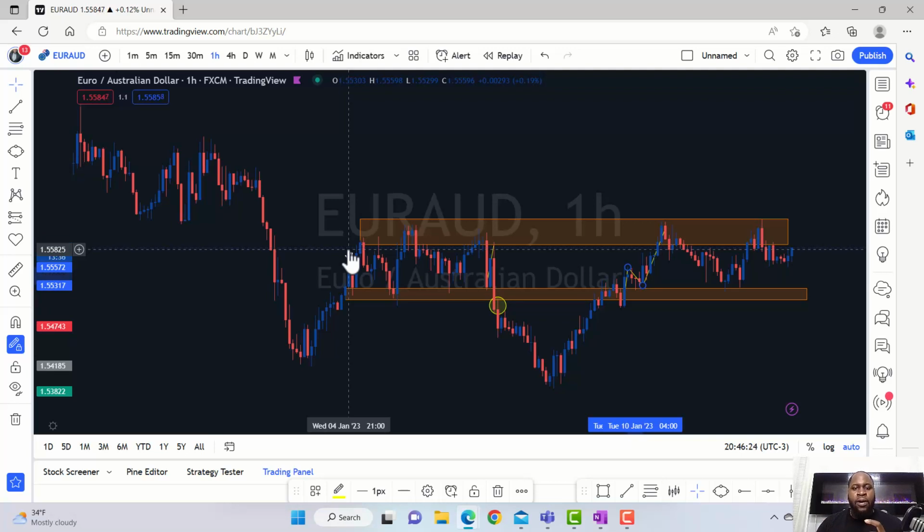Now, depending on how you want to trade and how you want to use your confirmations, is the retest going to be a couple candlesticks, or is the retest going to be just a single touch, a single opposite candlestick, and then I'm going to ride all the way down? That's completely up to you. But just understand that the safer route is giving it a proper retest and then you ride it all the